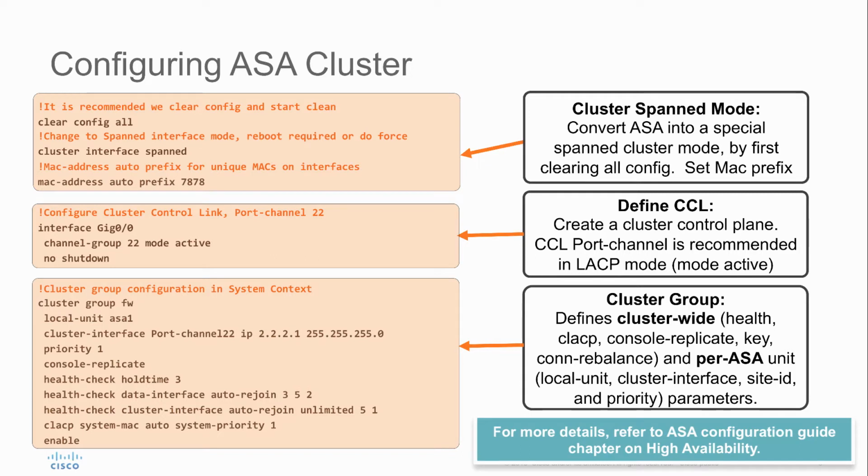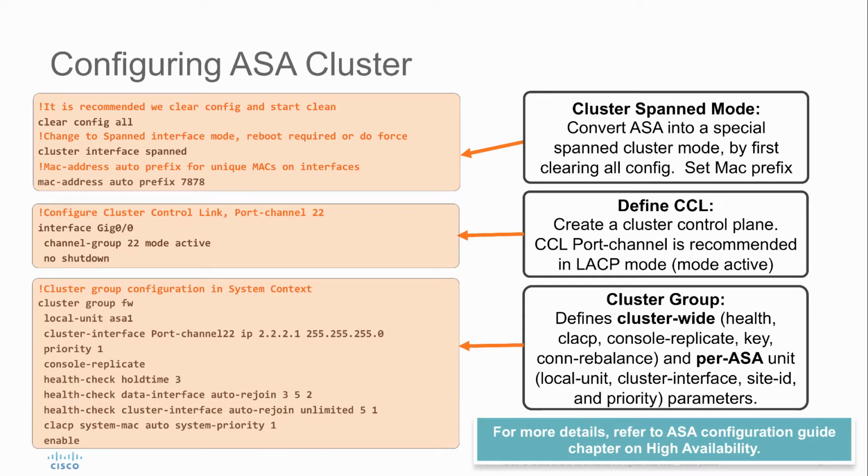So looking at the cluster configuration itself, it's good practice here to start with clearing the whole configuration, enabling the cluster interface span mode. This is as opposed to an individual mode cluster. That's another option for customers, but again, individual mode is used for different purposes, and you can find a video by our colleagues in the data center as well that had validated the individual interface mode cluster with dual fabrics themselves. Basically having two different fabrics in two different locations and one cluster carrying the state of connections across both